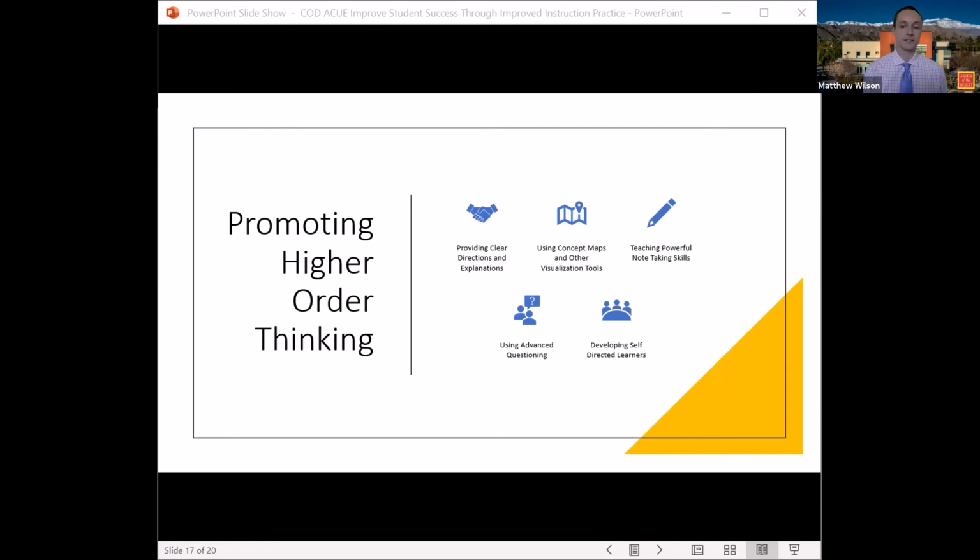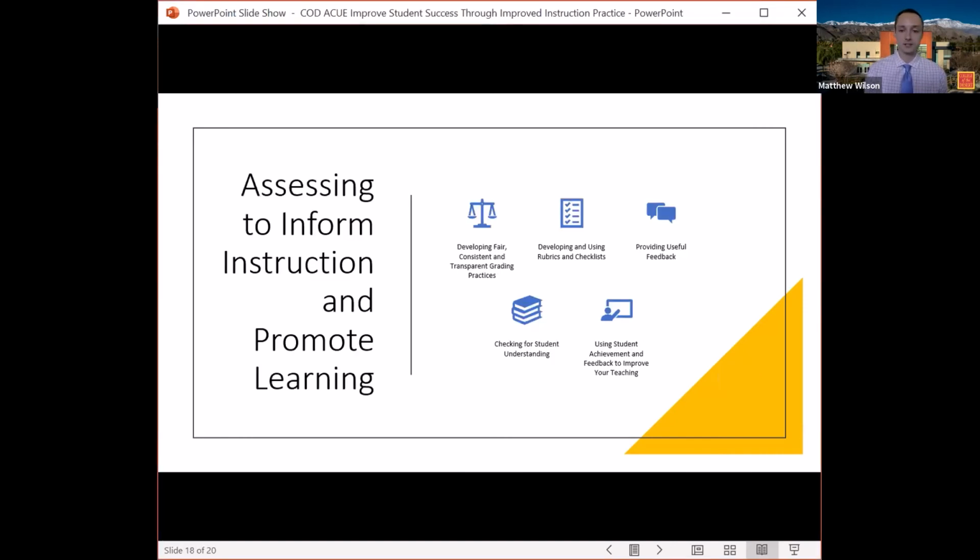Teaching powerful note-taking skills. How can you provide information to them to hopefully improve their note-taking skills? Using advanced questioning techniques. Developing self-directed learners. How do you get a student to take responsibility for their own work? That's a very important thing. And our last one,